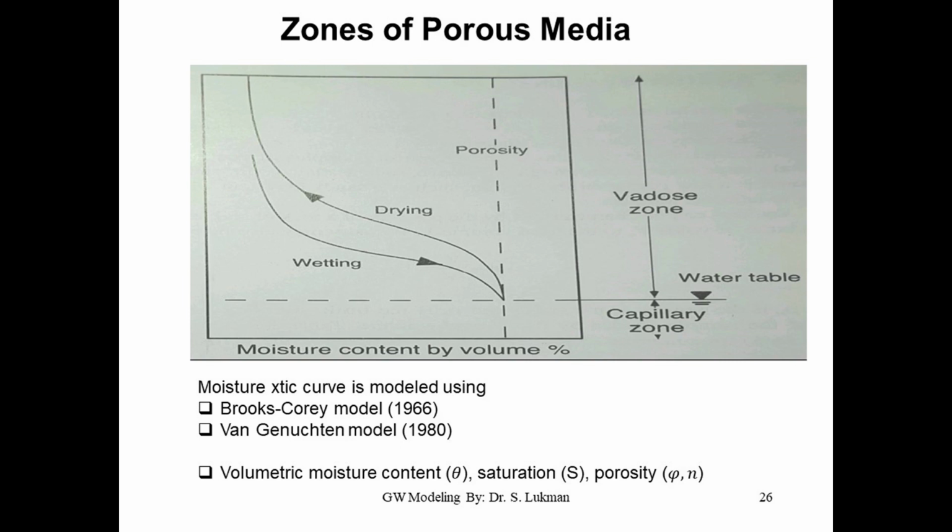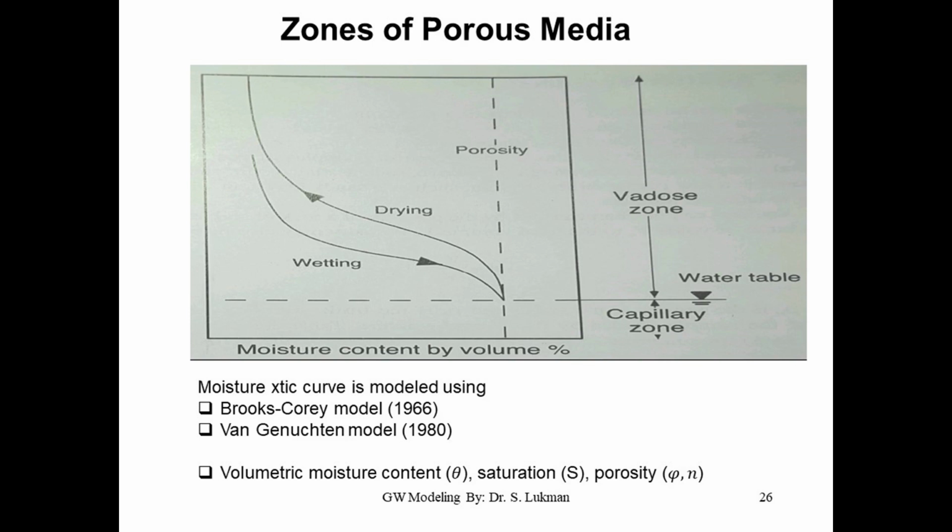So it will reduce and then remain constant, which is called the residual moisture content. Probably you might have done this in engineering soil science. Residual moisture content is the minimum irreducible amount of moisture that the soil must always have. You cannot remove that, except of course by drying or heating, but ordinarily you cannot just remove it. Okay, but it has different patterns for wetting and drying. The reason for that is hysteresis.